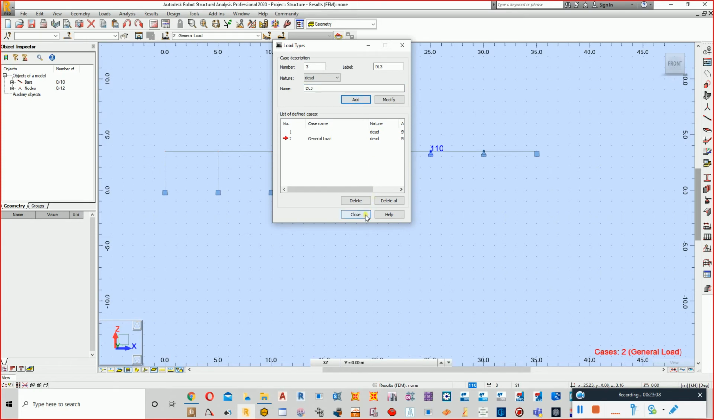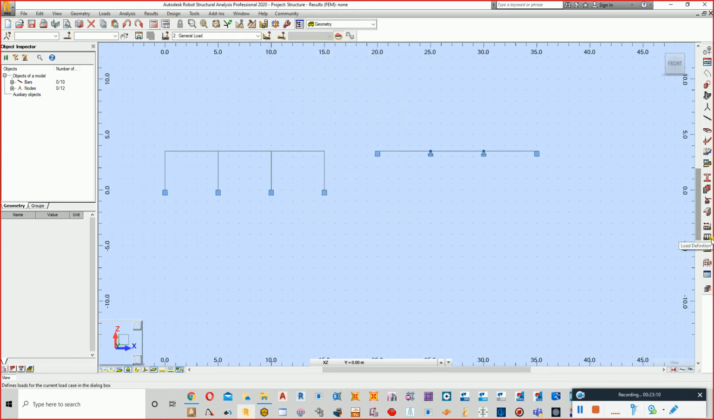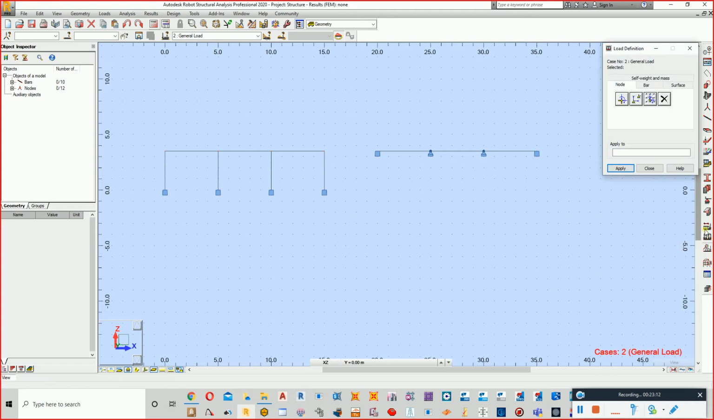Okay. Close. Going here to define the type of load. I'll define the value of the load. Node is a point load, bar is a line, surface is an area. Here we have line members, so we need to have it as a bar. Node level is a point load, bar is a UDL, surface is an area load like if it's a slab. So going for a bar,